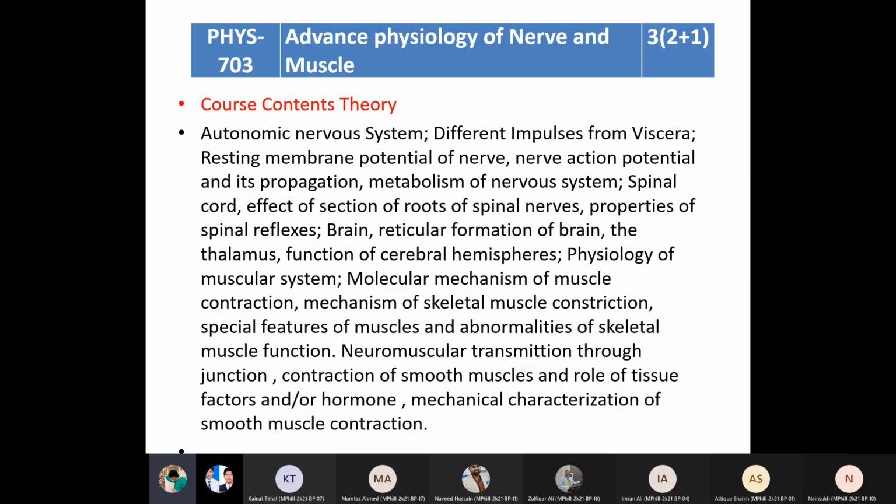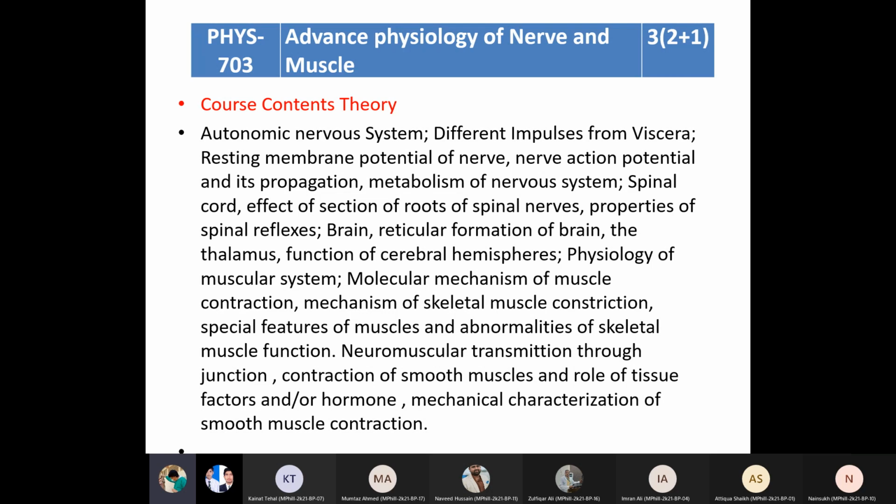So we are going to study in theory contents the autonomous nervous system, the different impulses from a viscera, resting membrane potential of nerve, action potential, then its propagation, metabolism of nervous system, spinal cord, effect of section of a roots of a spinal nerves, properties of a spinal reflexes, brain,